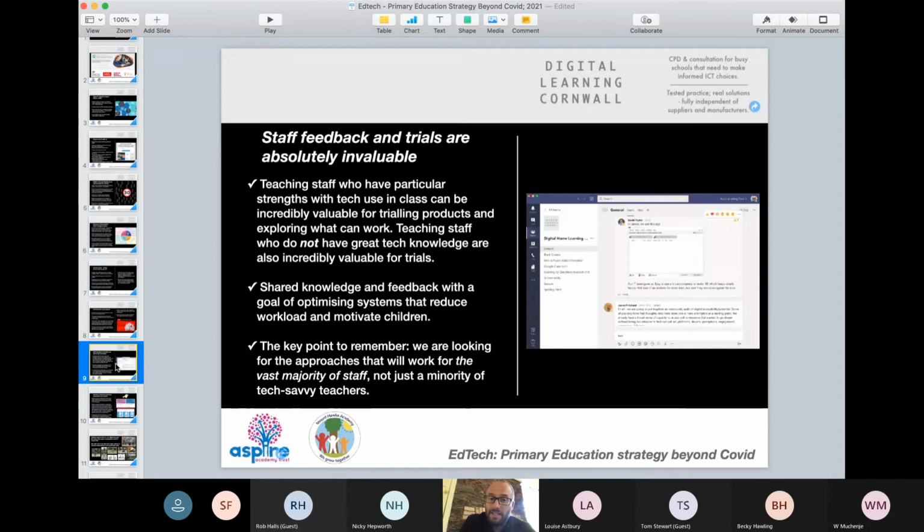But as is, staff who've had a really bad experience with a product, you need to get in there and try and work out why. Is it something that can be solved? Or is it, unfortunately, something that the developers of the product are going to have to solve themselves? Don't tie yourselves to a system for a number of years unless you're truly convinced that it's something that's going to help you. And I said down the bottom here, last point here,